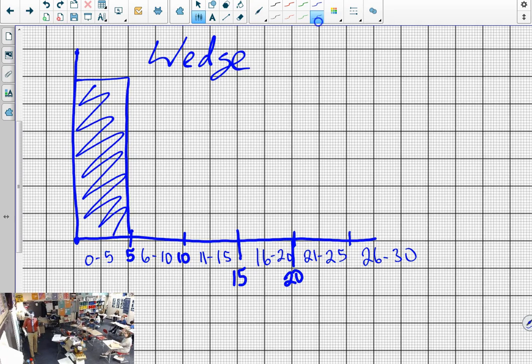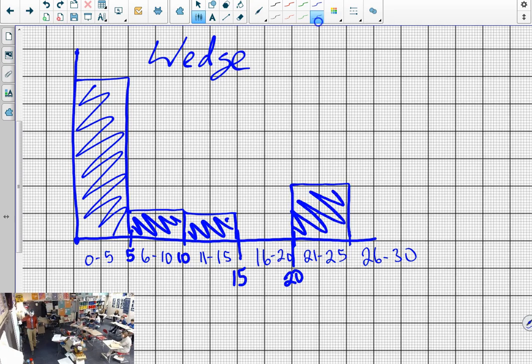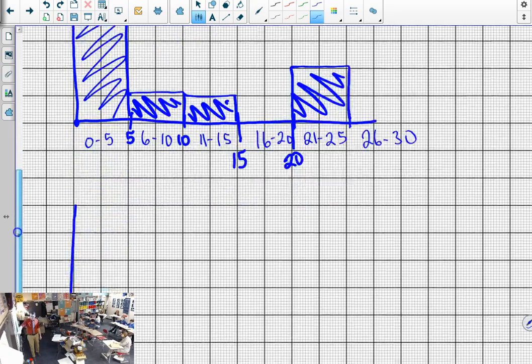How many go in 6 to 10? 11 to 15? 1. 16 to 20? Nope. And then 20. How many? 2. And nothing, right? Because we did not go above 25. If we do the iron,